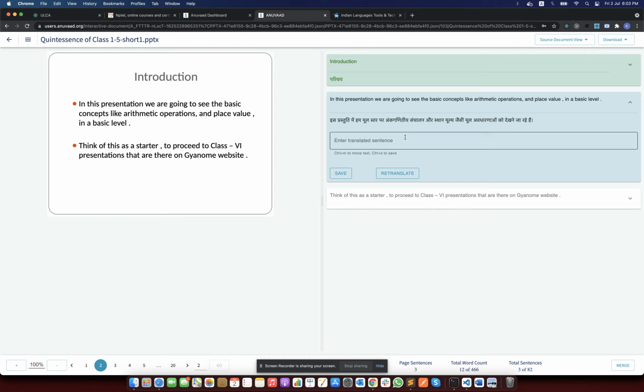In this presentation, we are going to see the basic concepts like arithmetic operation and place value at a basic level. The Hindi translation of this particular sentence is, इस प्रस्तुति में हम मूल स्तर पर अंकगणितीय संचालन और स्थान मूल्य जैसे मूल अवधारणाओं को देखने जा रहे हैं.